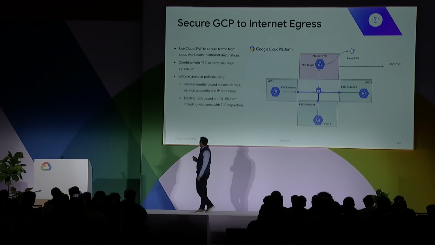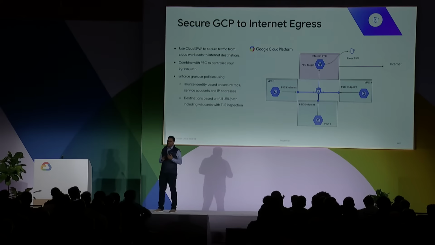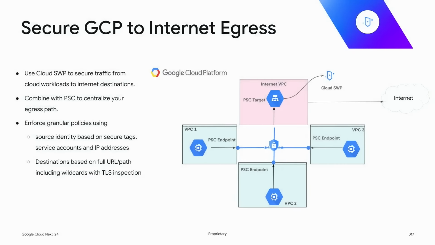Thanks a lot, Toby. That really demonstrated the power of bringing data security in line with secure web proxy as well as with our cloud load balancers. I quickly want to also talk about two additional use cases. First, I want to talk about the security for GCP workloads to internet egress. Typically, what we've seen with customers here is they want to centralize their egress security. So they want to deploy the secure web proxy in a hub and spoke fashion potentially. And the advantage that you receive with this is, A, you now have a single place where you can do all of your monitoring and all of your visibility and auditability, right?